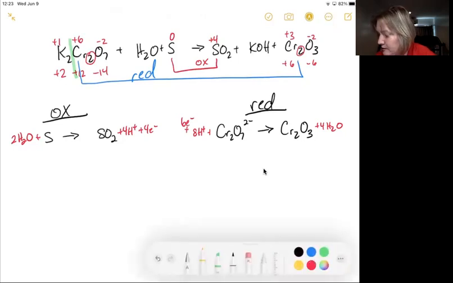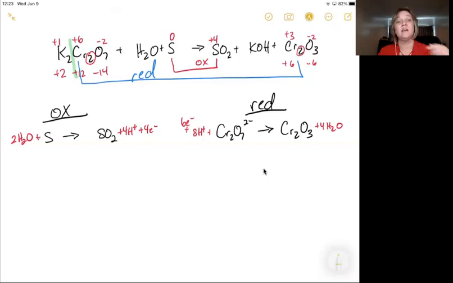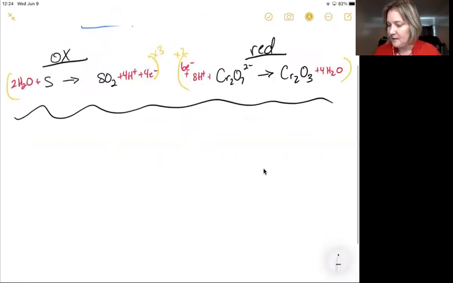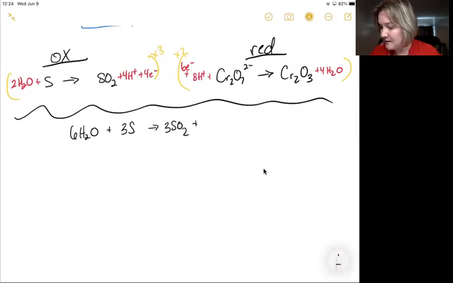Now I have to ensure that both sides contain the same number of electrons, because we have to lose the same number of electrons that we gain in reduction. So the lowest common multiple for 4 and 6 is 12. So I'm going to multiply oxidation times 3, and I'm going to multiply reduction times 2. Okay, so next step, multiplying oxidation times 3, I have 6 H2O plus 3S yields 3 SO2 plus 12 H